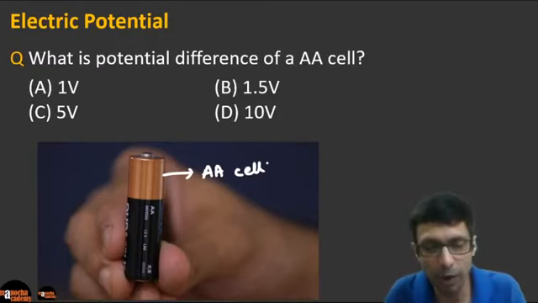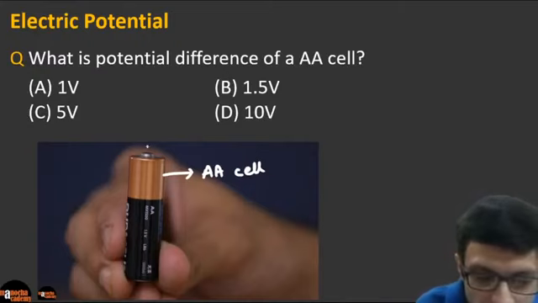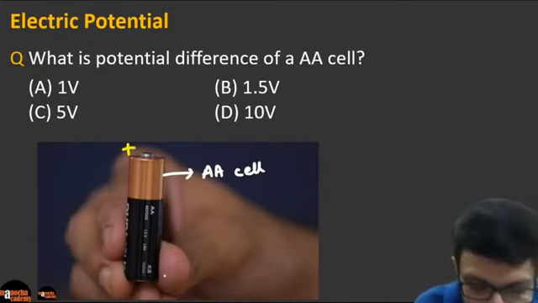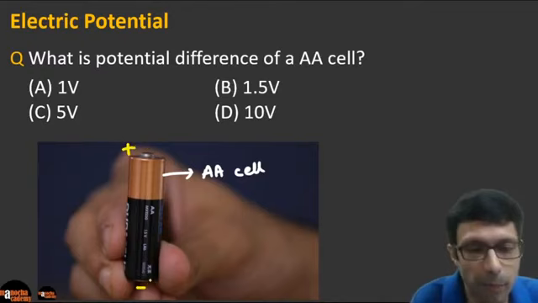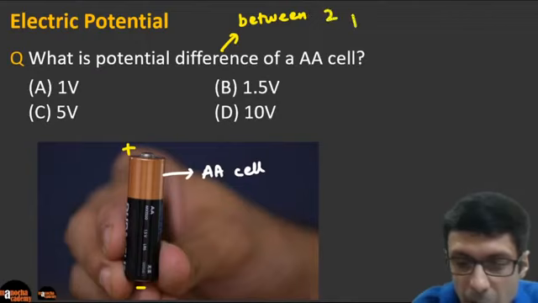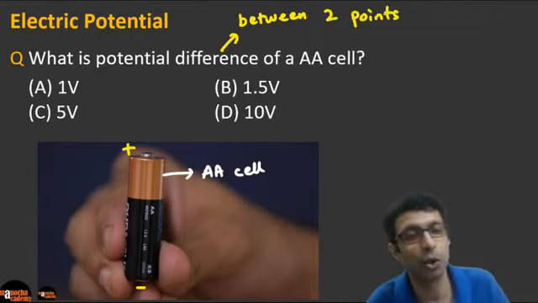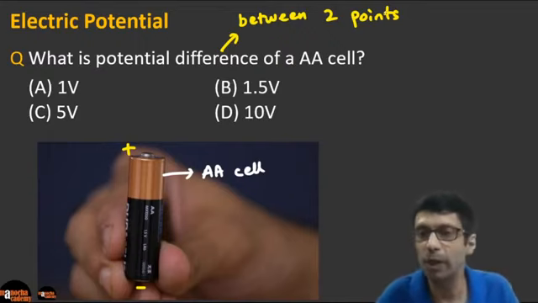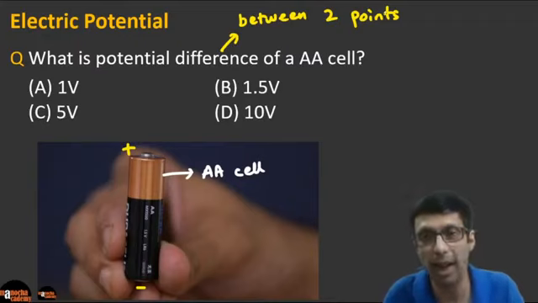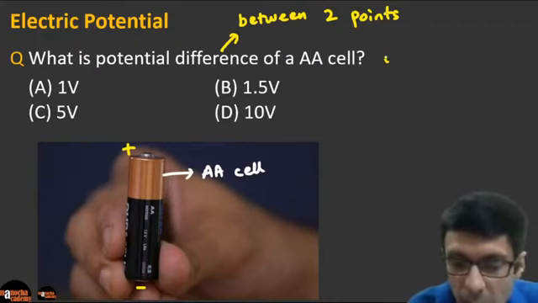So who can tell me what the potential difference is, and what are we measuring the potential difference between? These two points, between the positive terminal and the negative terminal of the battery. Potential difference means it is measured between two points. And potential difference can be measured using a voltmeter. Just like current, which I forgot to mention, can be measured with an ammeter. Potential difference can be measured using a voltmeter.